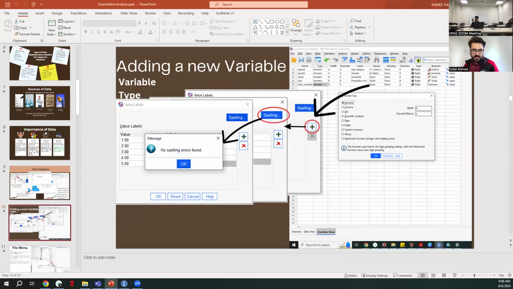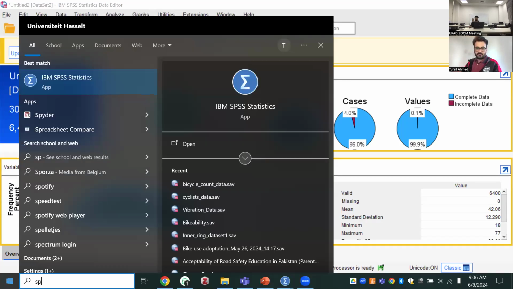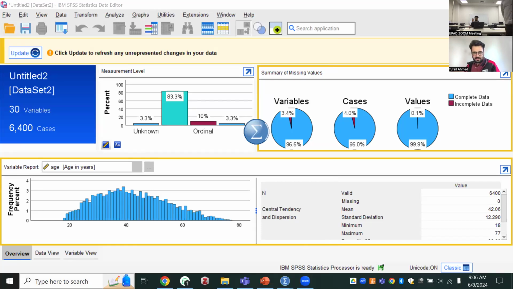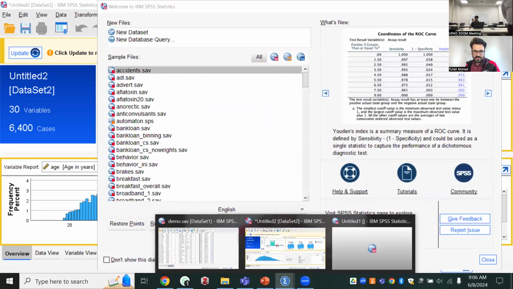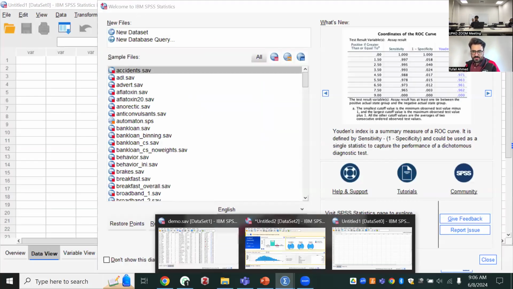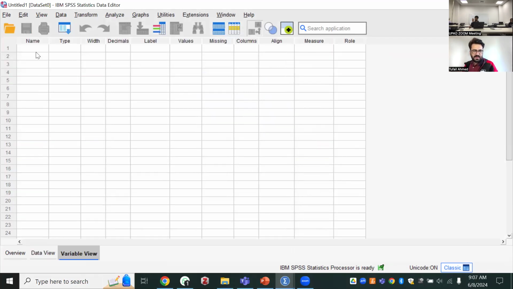And now we will do it practically. You can also open up your SPSS. So Tufail, I request you to add three variables in a new data. The first variable is age, for example, age categories. So open up your SPSS and open a blank sheet. Go to your variable view, and here you can first write your first variable, which is age.